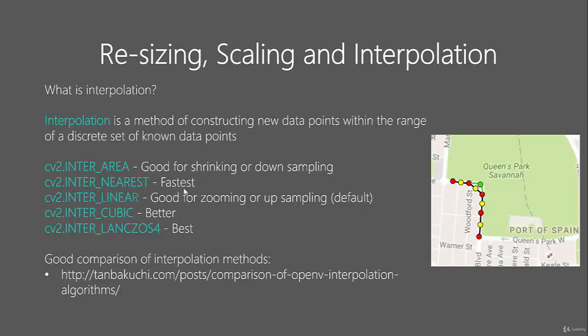Inter-nearest is the fastest algorithm according to this comparison here. Linear is good, as in this case it's a linear interpolation here. It's typically good and it's the default method used in zooming. However, inter-cubic, which is probably what's going to generate this green point here, is definitely better. And Lanczos is actually the best. So you can check them out here. So let's actually implement